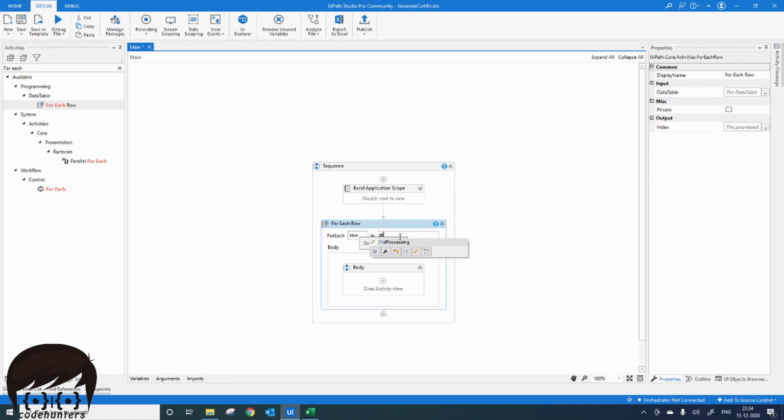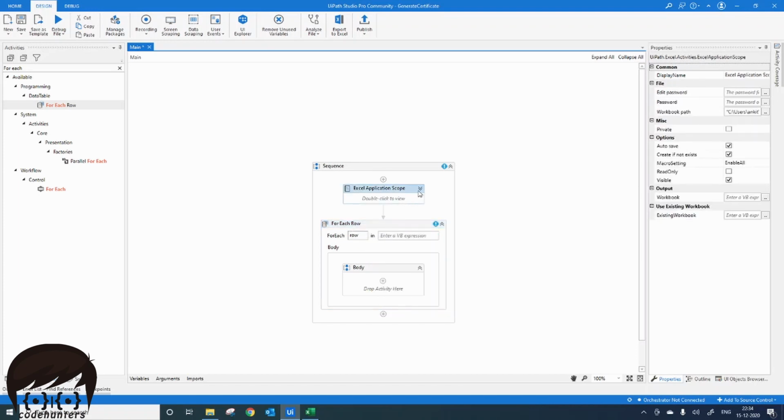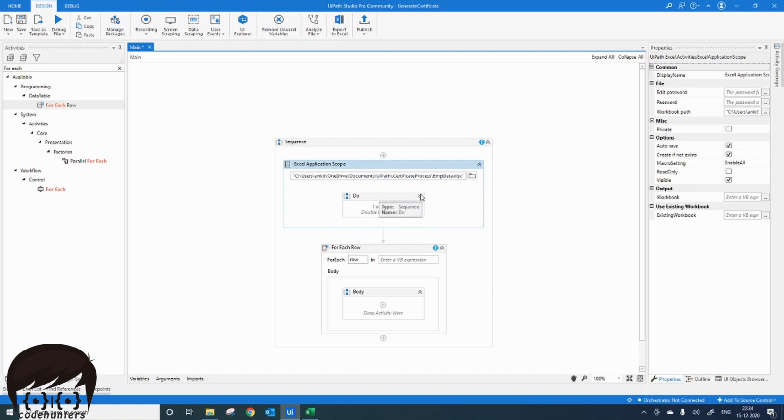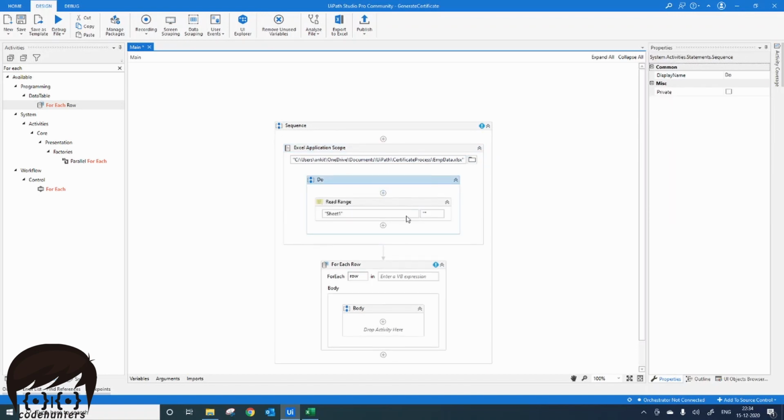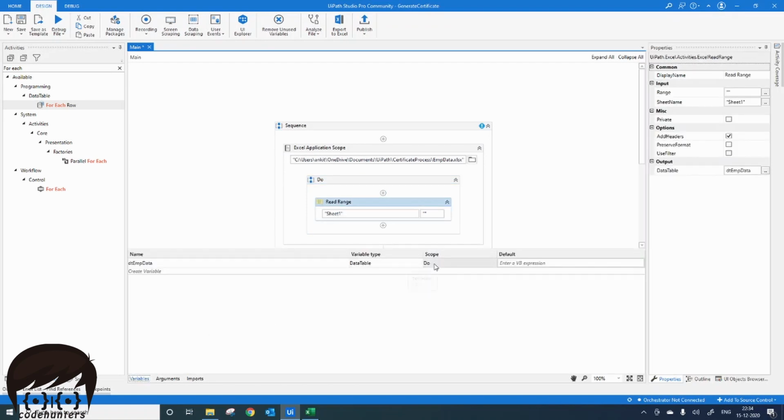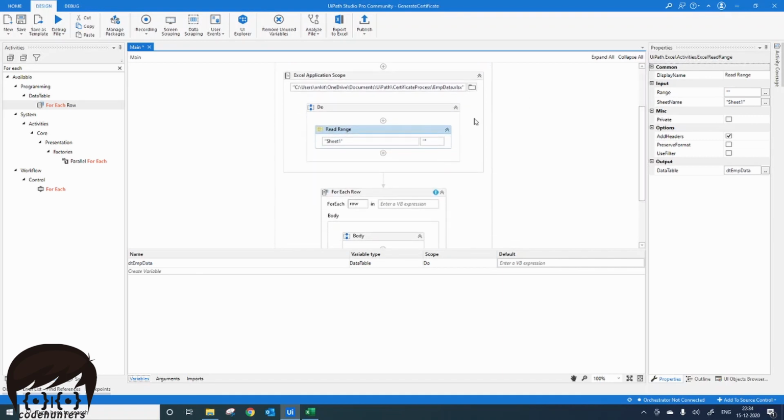It will be the dt data table. Here you can see that the dt employee data is not accessible. This is because our data table is in another section, which is the Excel application scope. You can see the scope is the do scope, so it cannot be accessed outside this do scope.